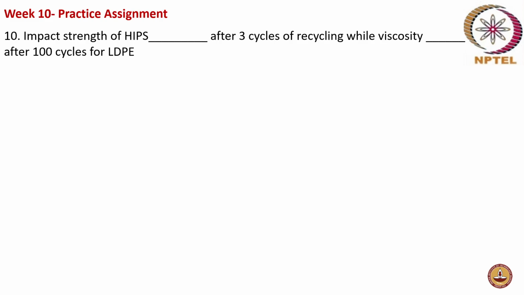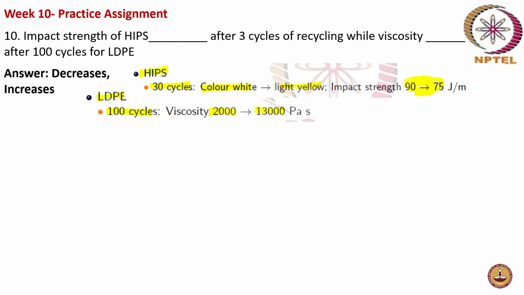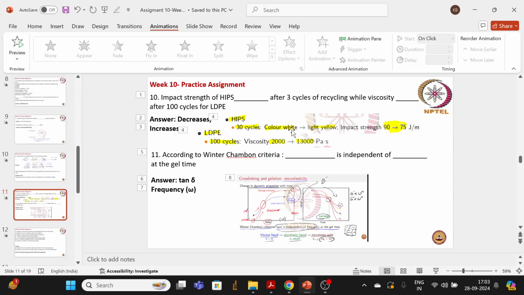What happens to the impact strength after multiple recycling in case of high impact polystyrene, and what happens to the viscosity after 100 times of recycling of LDPE? So the answer is the impact strength of high impact polystyrene decreases while the viscosity of LDPE increases with multiple recycling. It's actually not 3 cycles, it's actually 30 cycles in case of